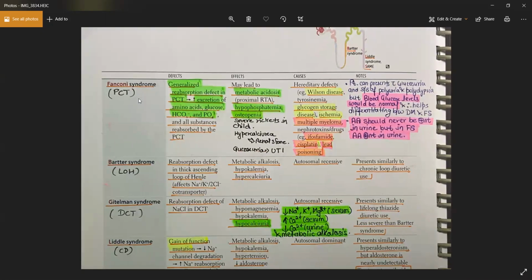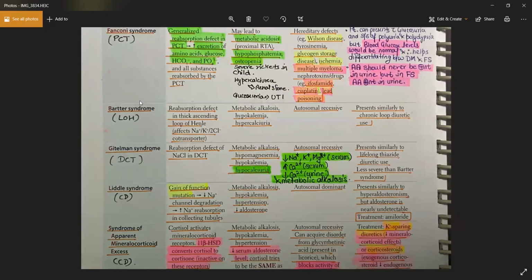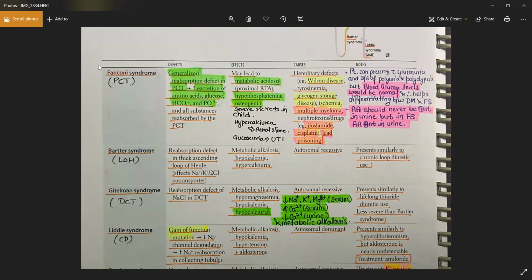Okay, so even if you forget the name, just know that these are all arranged in the sequence of the different portions of the nephron. So one is Fanconi syndrome. It is a defect in the PCT. The PCT loses its ability to reabsorb any of the solute, and as a result, you will have a loss of sodium, loss of amino acids, loss of glucose, loss of phosphate, loss of everything. So it is a generalized reabsorption